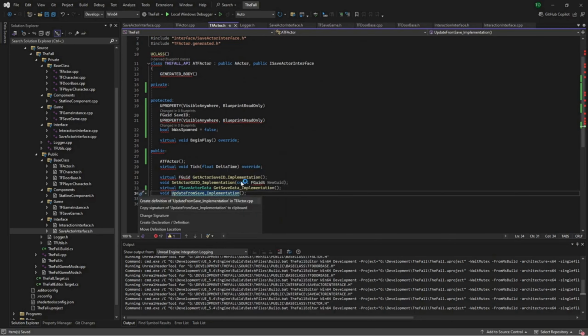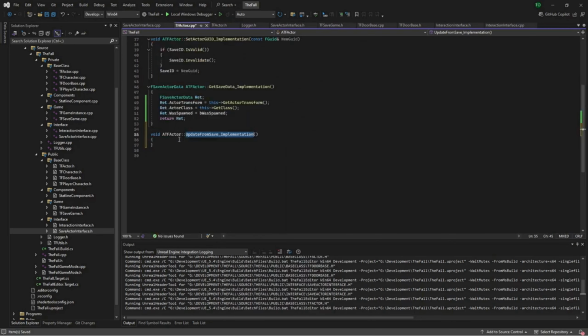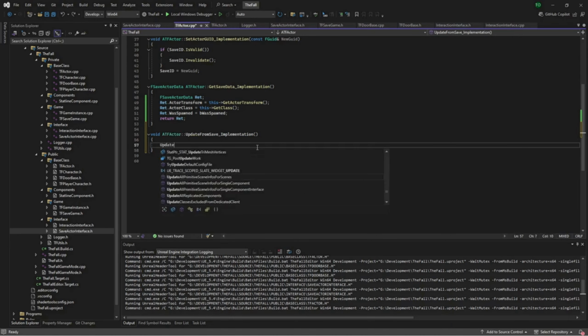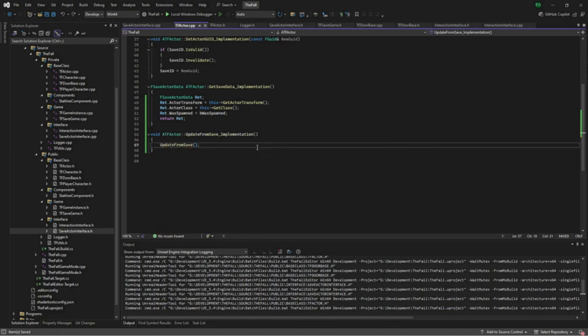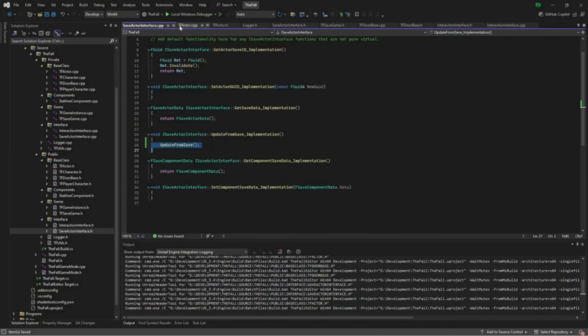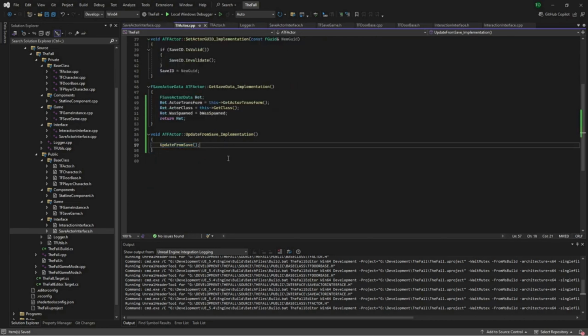Now we're going to expand that. And we're going to just do update from save again. So the reason why we're doing this in both the save interface and the TFActor implementation of it is simply because in here we're probably going to expand this further on. Non blueprint logic